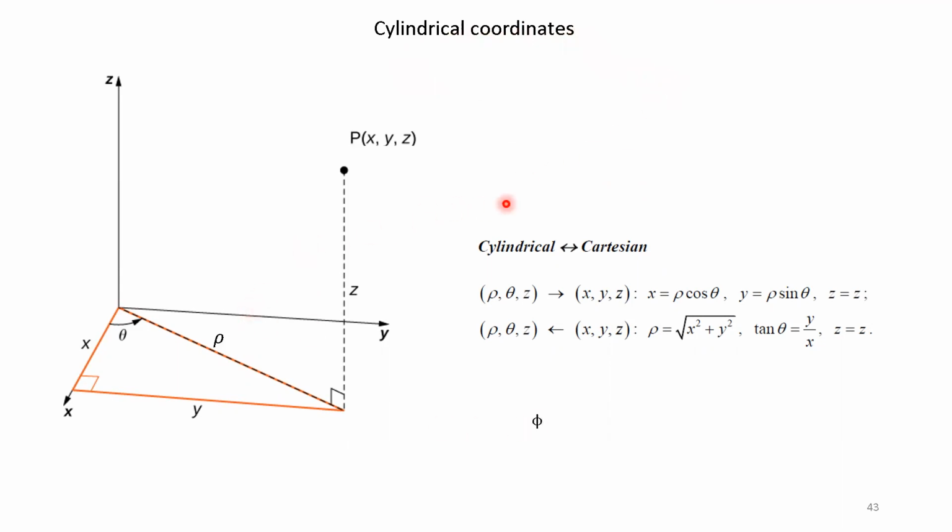So you may still remember that the way we define the cylindrical coordinate is actually quite similar to what we had with the polar coordinate, right? But it's just that now we have the third dimension z. Okay, so if we don't worry about the z position of my point, then basically what you have on the xy plane is a polar coordinate. Okay, but just a notation difference is that